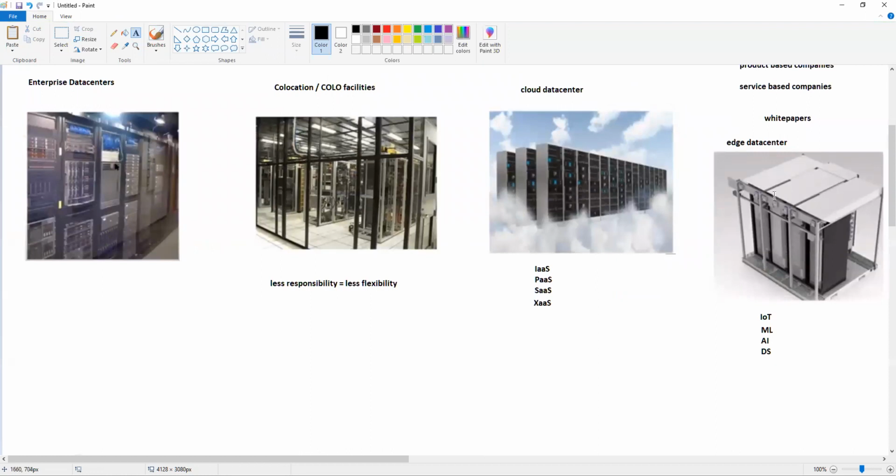Now, edge data center is for the people who are pursuing a career in the data engineering field. If you are in the data engineering field, you can start with the cloud data centers, and then maybe you'll deal with the edge data center, which is nothing but the same as the cloud data center, because here you just have a lot of data, and you should know the different data technologies to work with the different types of data that you are getting. Even to get to that data, you should know the bare minimum, which is the operating systems, and we'll see that as well.